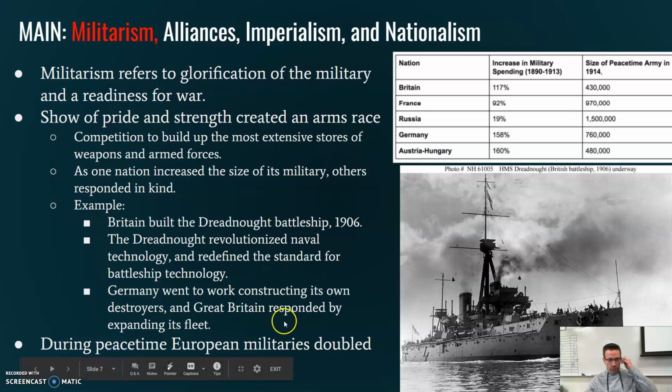Germany went to work constructing their own destroyers. This is the classification. It's called a destroyer. And they started building some as well, and that's making Great Britain pretty uncomfortable. And so during